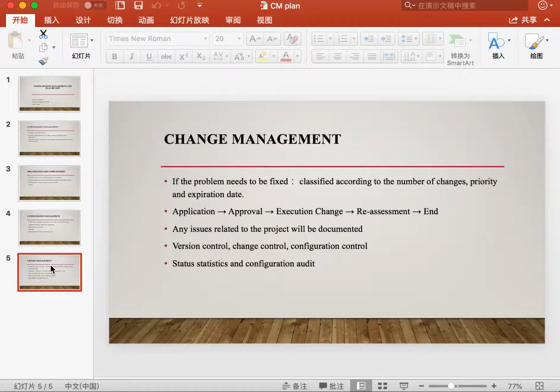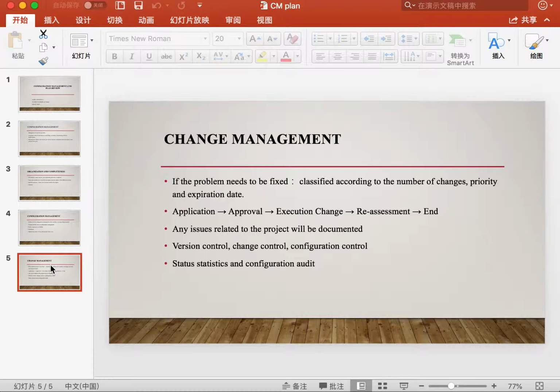During the course of the project, any issue related to the project will be documented and recorded by the member who discovered the problem, and the solution will be opened. Formulation of the configuration management project is an important stage of